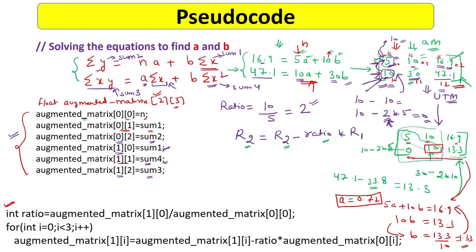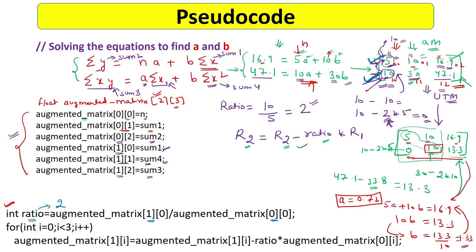Okay, here you can see first I have found the ratio, and how can I find the ratio? I have to just divide this 10 position by 0 0. So this was the 10 position, and the 0 0 position was 5, so 10 upon 5. So this was giving me the ratio. In this example it was 10 upon 5, that means 2.